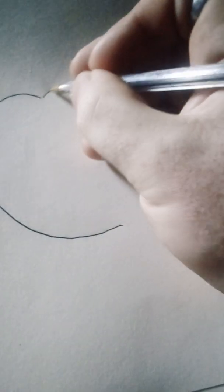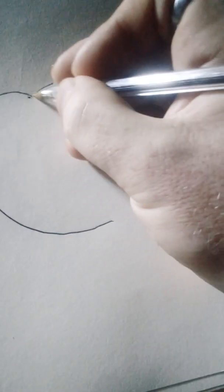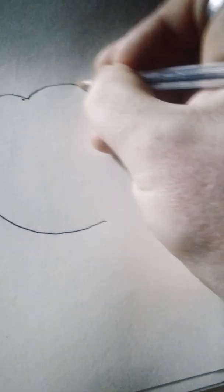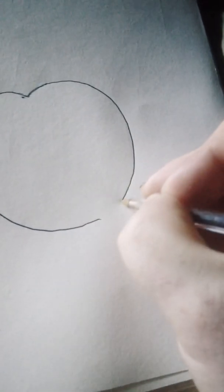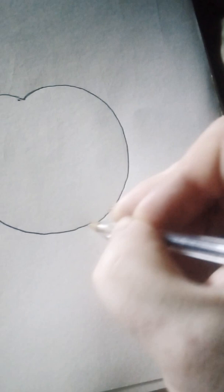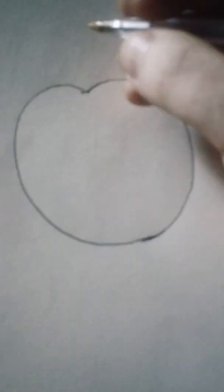Draw your shape of the pumpkin. Start with the center. Doesn't have to be perfectly symmetrical. You can just, you know,